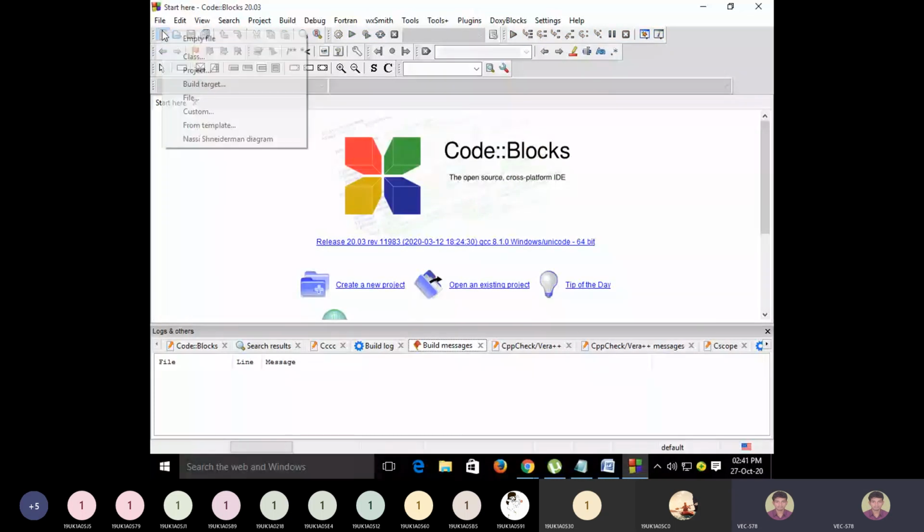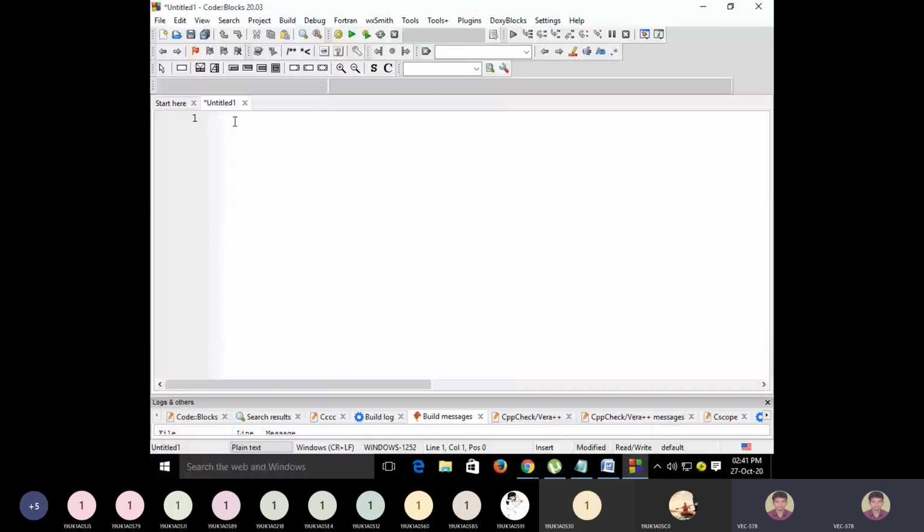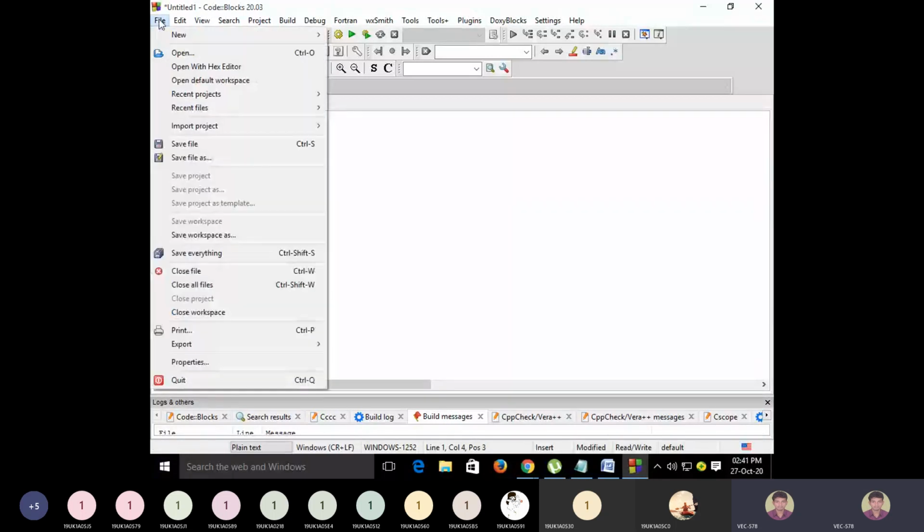So open an empty file here, then type your program here. Just write the comment here. Well, first let me save the file so that you can see the different colors for keywords.